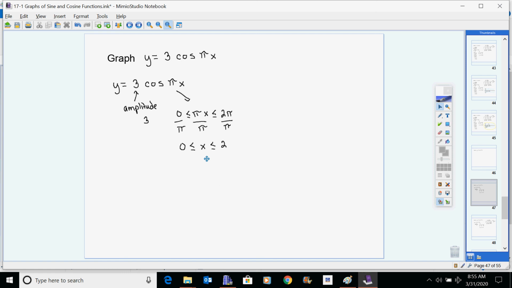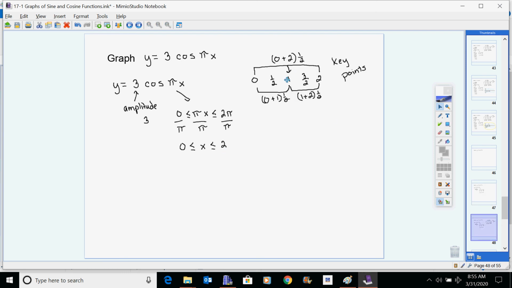You would then do 0 plus 2 divided by 2, which would give you a 1. So that would be your middle. 0 plus 1 times a half gives you a half. 1 plus 2 times a half gives you 3/2. So once again, putting your key points in your graph,